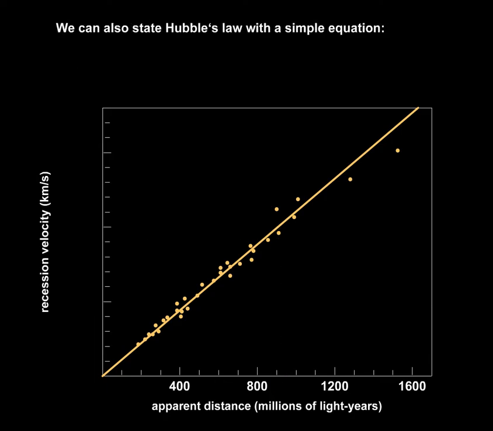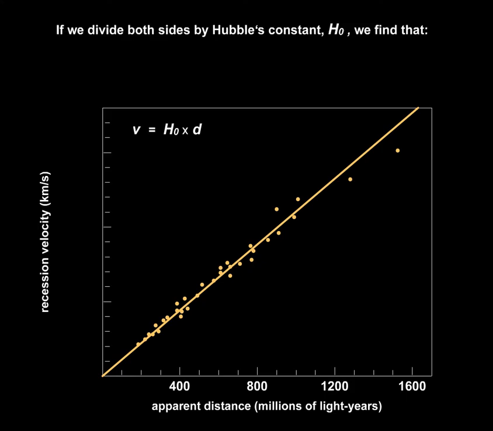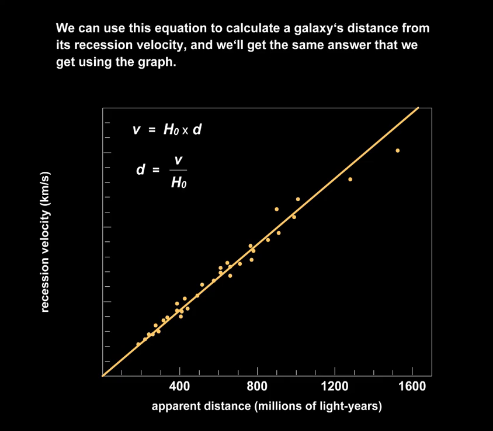We can also state Hubble's law with a simple equation: velocity equals Hubble's constant times distance. If we divide both sides by Hubble's constant, H naught, we find that distance equals velocity over Hubble's constant. We can use this equation to calculate a galaxy's distance from its recession velocity, and we'll get the same answer that we get